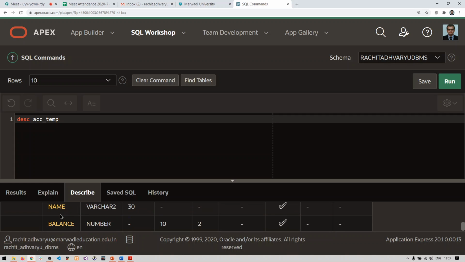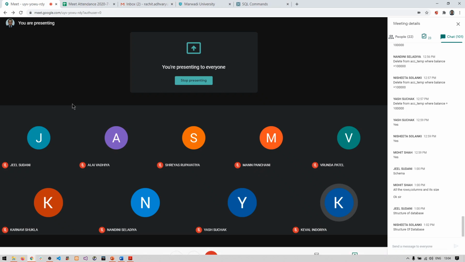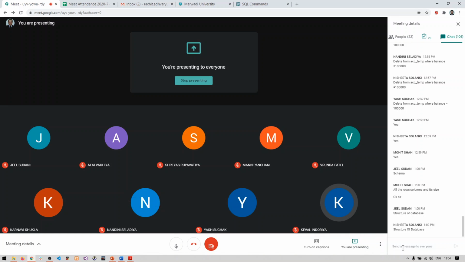And the fifth one is, let us say you do not require the balance column in the table, so you want to remove it. You can also remove a column. So in total there are 5 things you can do while updating the table schema. First, adding a new column. Second, changing the data type of an existing column. Third, changing the size of an existing column. Fourth, renaming the column. And fifth, deleting the existing column. Clear? What 5 things you can do? Clear with this?